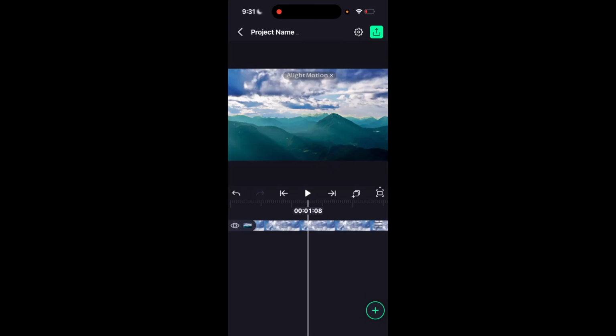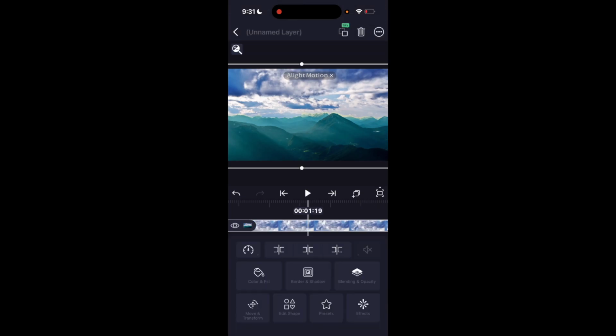So in this Alight Motion tutorial, I will be showing you how to edit video opacity here in Alight Motion. So once you have your video selected, if you wanted to edit the opacity, select the video right here. Bunch of different options right here, but I want you to go to where it says blending and opacity and